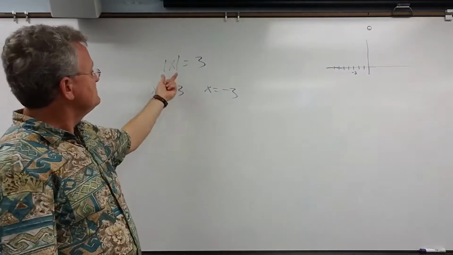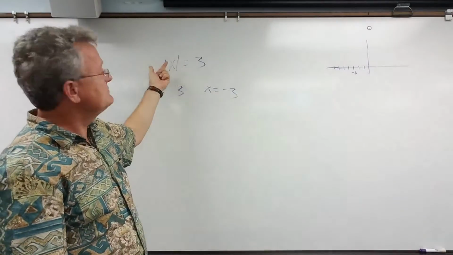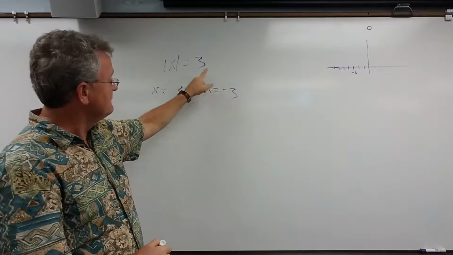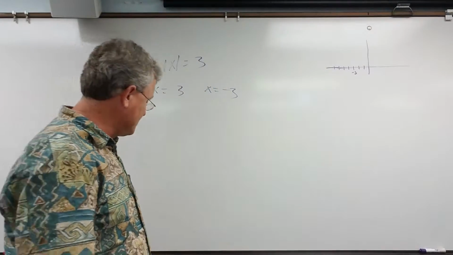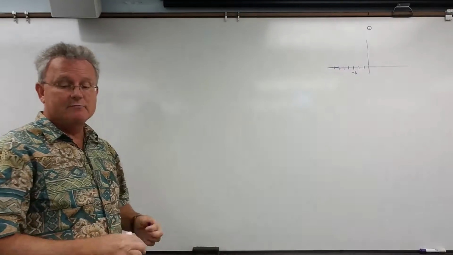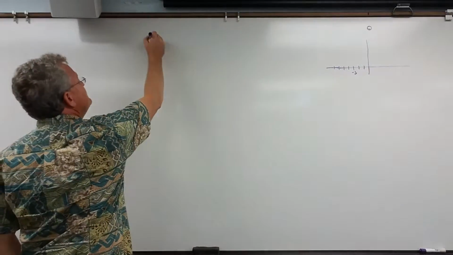So to solve these, we take whatever is between the absolute value bars and we set it equal to the positive and negative of that. That's the reason that works. So let's say we wanted to consider solving the absolute value of x plus 3